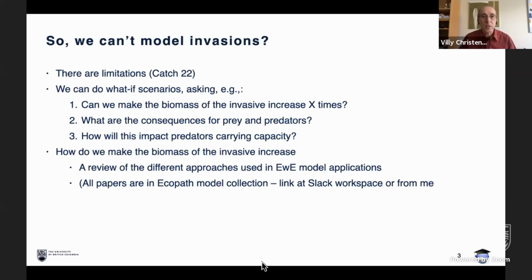So we can look at these kinds of what-if scenarios. That's what it really boils down to. That is possible. So how we make it increase, there are different approaches for this, and in Yu-Chun's talk, you got an excellent overview of that, and indeed what happens in the Great Lakes doesn't stay in the Great Lakes. What happens there is a good source of inspiration for you if you're working with these and you want to do it. I'd remind you that the papers we heard about here are in the collection.